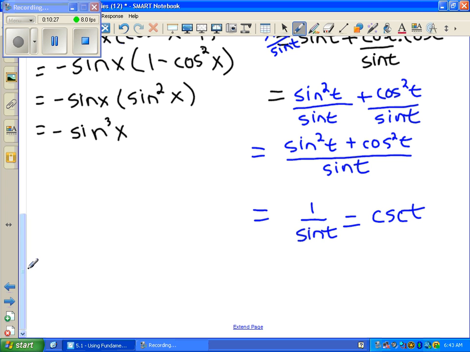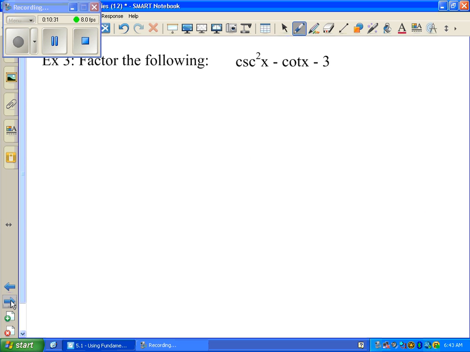I have one more quick example. Okay, they want us to factor this. I need to get something the same here because I can't factor when I have cosecants over here and cotangents over here. So I'm going to have to rewrite in terms of something that's the same. Sometimes factoring or simplifying can best be done by first rewriting the expression in terms of just one trig function. In this case, I know that cosecant